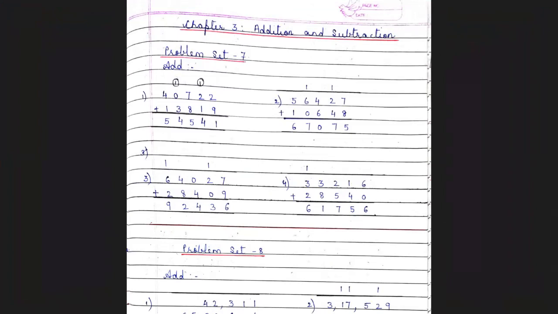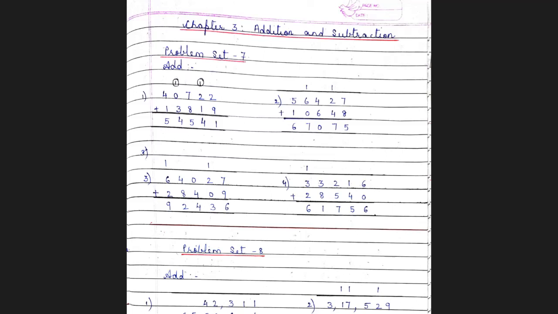Okay. Now, here, as we have written the first question, begin from the right, 9 plus 2, 11. So 1 you write in the units place, and the 1 in the tens place you will carry over. Now add the next one, 2 plus 1, 3 plus 1, 4. Next 8 plus 7, 15, 5, carry over 1, 3 plus 0 plus 1, 4, 4 plus 1, 5. So your answer is 54,541.